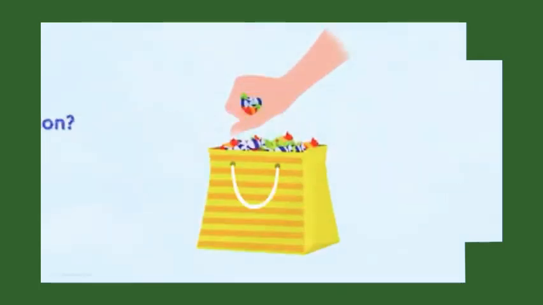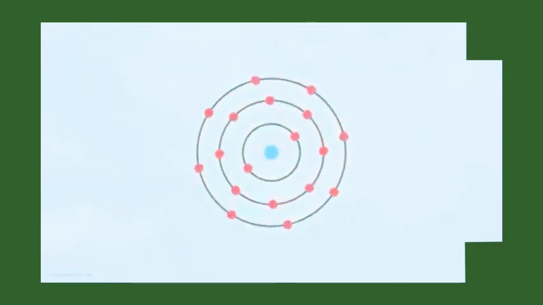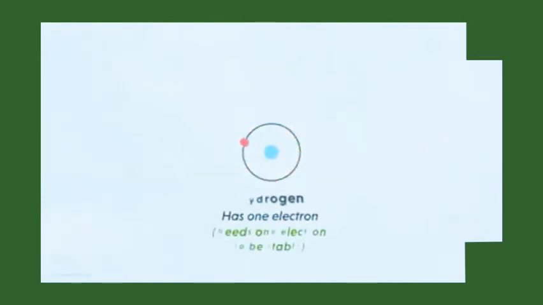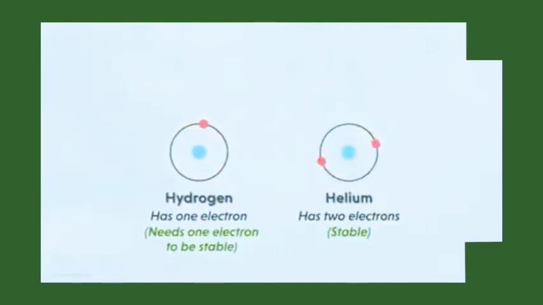Let's understand the relation. As a part of human tendency, we will try and grab the maximum number of chocolates using our hands. Similarly, the atoms would want to have the maximum number of electrons their shells can accommodate. That means if it's just one shell, like in the case of hydrogen or helium, then the atoms would want to have 2 electrons in it. That will be the outermost shell of the atom. This will help them achieve a stable state.